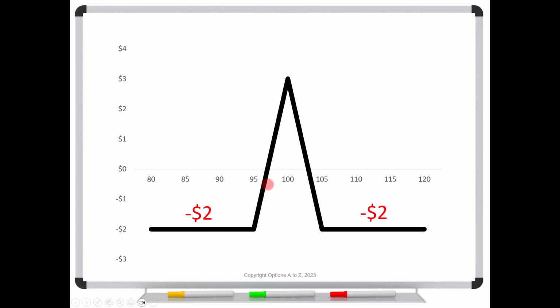Now again, because there is a $5 difference in these strikes, the maximum payoff for this butterfly would be 5, but because you paid 2, the maximum profit you could get would be 3. So that can happen at exactly 100 would be the maximum, but you are profitable anywhere between these break evens, which happen to be